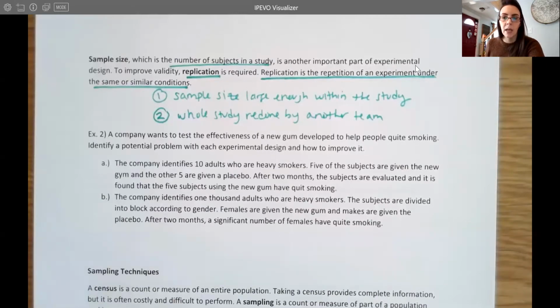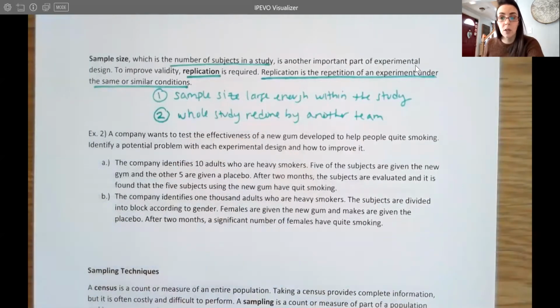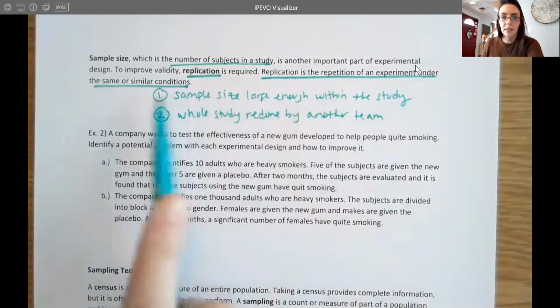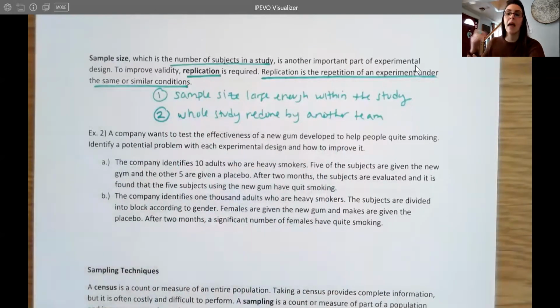So that's peer reviewed. Ideally, there'd be another team who also redid the research, right? They may do the same study with their own sample of people, and again replicate that research to see if you get the same result. So we want to see in the second study that the drug is still showing that it works. So now we have two studies that were similarly done that both show the drug works, not just one. So replication can occur within one study, having a large enough sample size, but ideally it would also be replicated again at the end of the study, or at least peer reviewed by others in the field